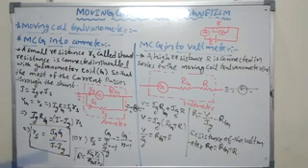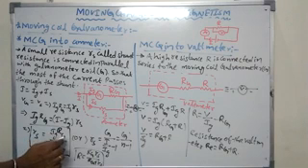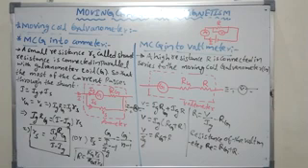So in practice, if you know how much current is to be measured in the circuit, you can find how much shunt resistance is required. Ig is the old current, Rg is the resistance of the galvanometer. So Rs is Ig into Rg by I minus Ig. Ig is the current flowing through the galvanometer, Rg is the resistance of the galvanometer, and I is the current flowing in the circuit.